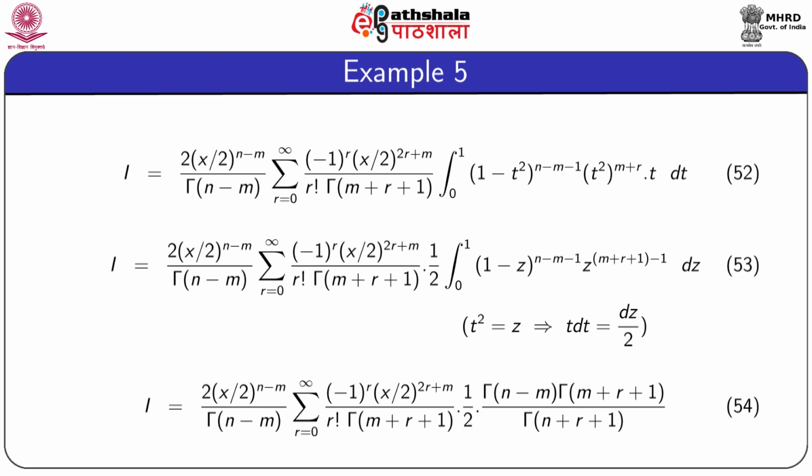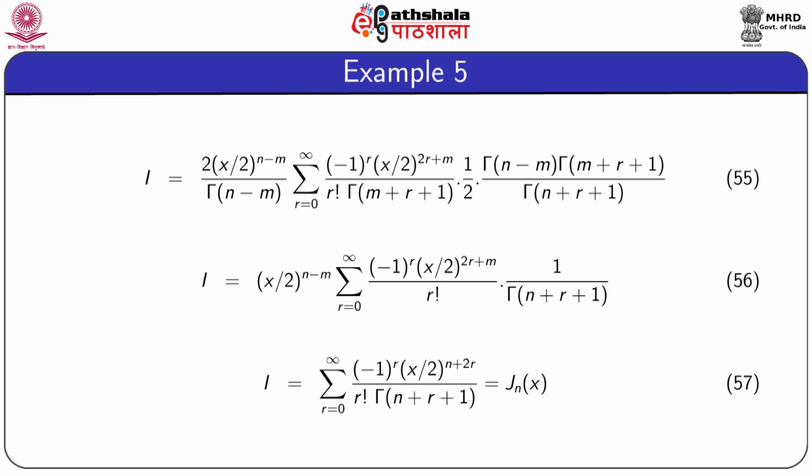We substitute t square equal to z, and we will get the expression 53, which after integration gives equation 54, given by I equal to 2 times (x by 2) to the power n minus m divided by gamma n minus m summation r equal to 0 to infinity (minus 1) whole to the power r (x by 2) to the power 2r plus m divided by r factorial gamma m plus r plus 1 into half into gamma n minus m gamma m plus r plus 1 divided by gamma n plus r plus 1,